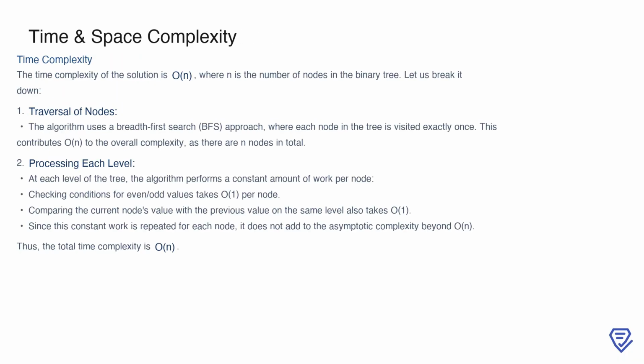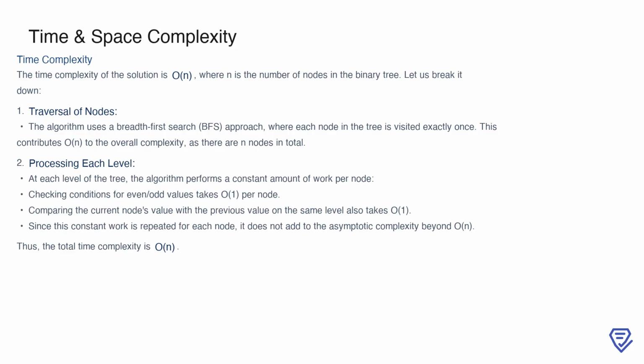The time complexity of this solution is O(n), where n is the number of nodes in the binary tree. Let's break this down step by step. First, the algorithm uses a breadth-first search, or BFS, to traverse the tree. In this approach, each node in the tree is visited exactly once, which means the traversal itself contributes O(n) to